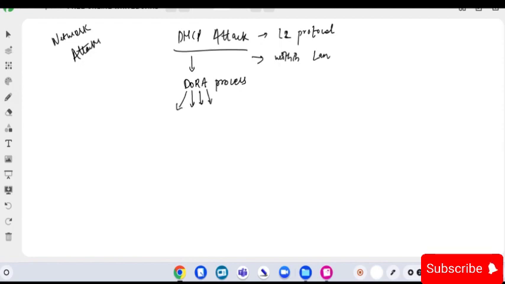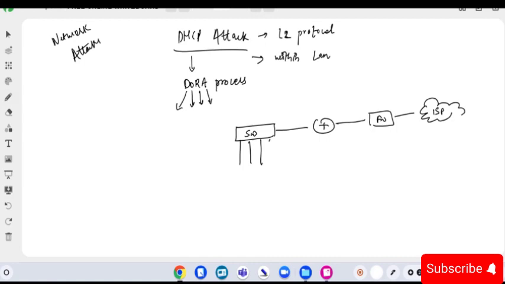Okay, so let's take the example: this is our switch, which is connected to the router, the router is connected to the firewall, and the firewall is connected to the ISP from where you get the internet, correct? This is the host in your LAN. Okay, so let's say a new device enters your network, correct? Now what it will do is that